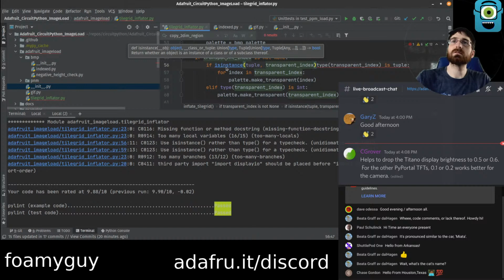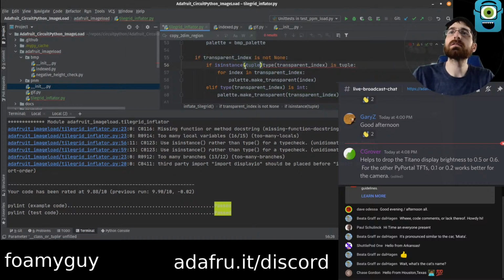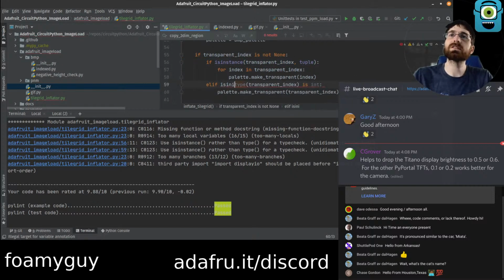No. Object, class or tuple. Okay. I think that's how it is. Isinstance, whoa. Yep. This, int. Okay, delete this stuff.